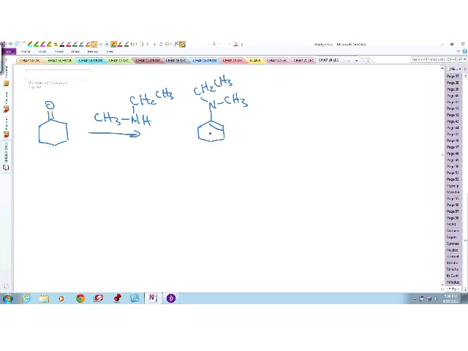So reaction of a secondary amine with a carbonyl of a ketone or carbonyl of an aldehyde, you obtain an enamine. An enamine is almost like a vinyl amine because the nitrogen is attached to a carbon-carbon double bond. So now at this point,